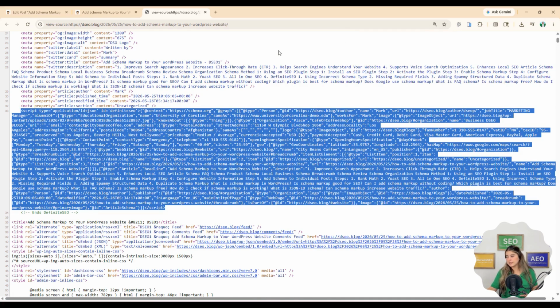So that's how you can add schema markup to your WordPress website in just a few minutes only with the help of Definite SEO